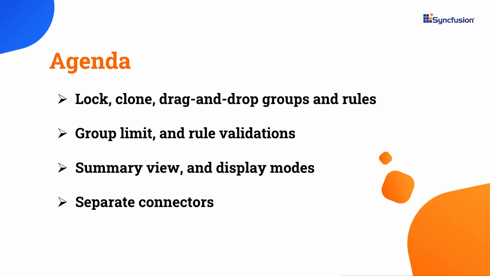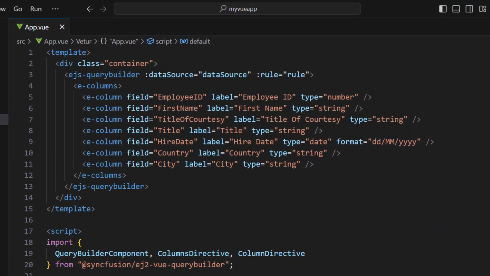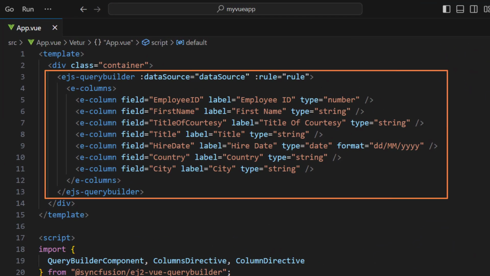I will also walk you through setting group limits, adding rule validations, enabling the summary view, switching display modes, and working with separate connectors. First, I'll open my existing Vue application where I have added the Query Builder component with